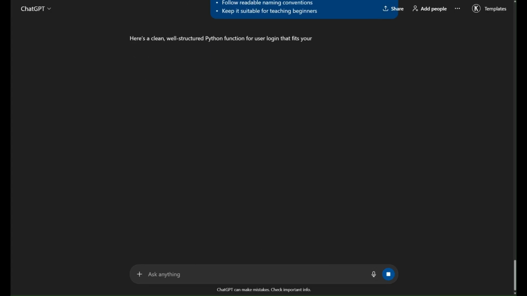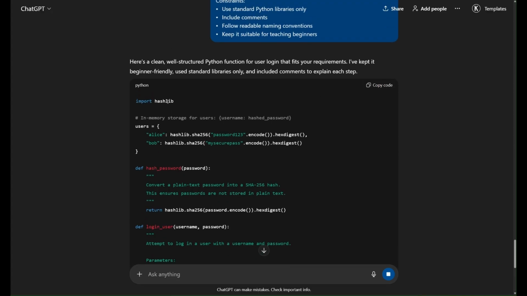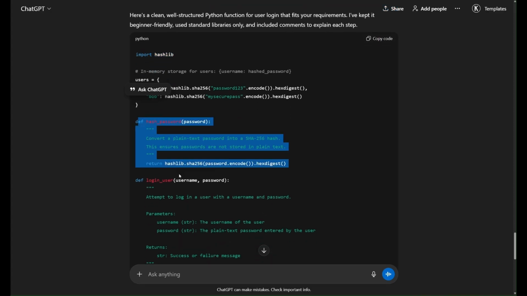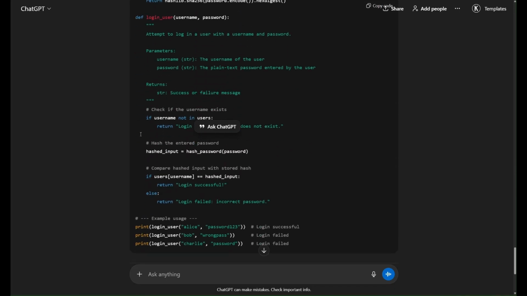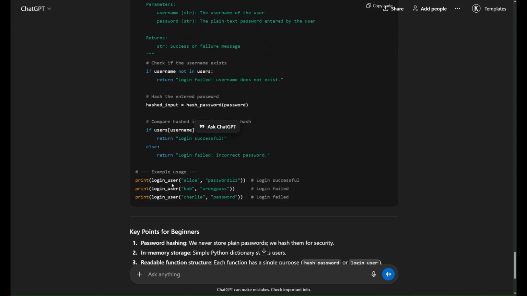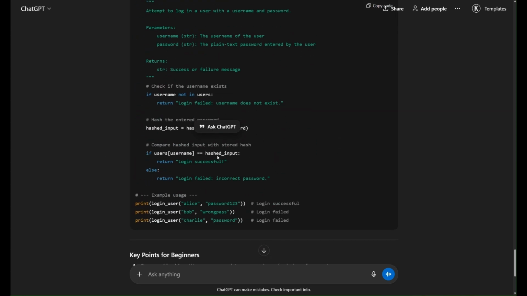Let's see what kind of code has been generated by ChatGPT over here. As you can see, all the libraries have been imported here. The same function is here, and it has given comments explaining why we have used this kind of return statement. It has provided a brief explanation as part of the comments. So now you can understand each and every line of code, and it is still simple to understand for beginners. Whatever prompt you have given, based on that prompt only ChatGPT will generate the code.